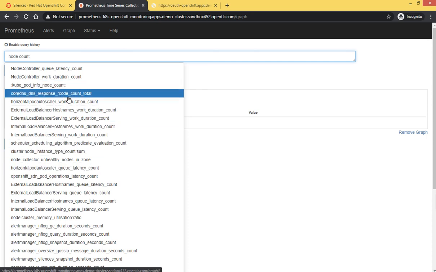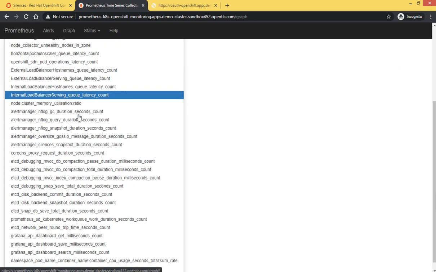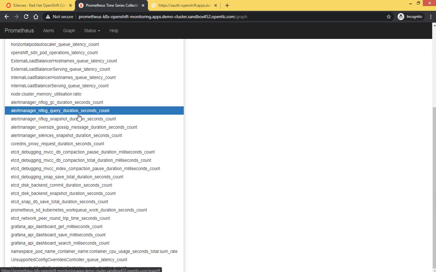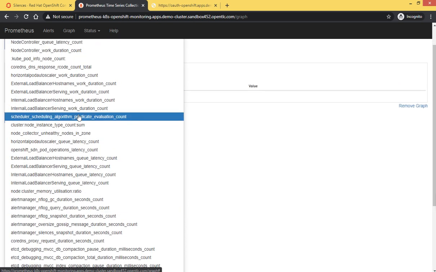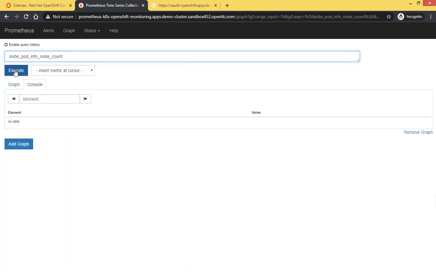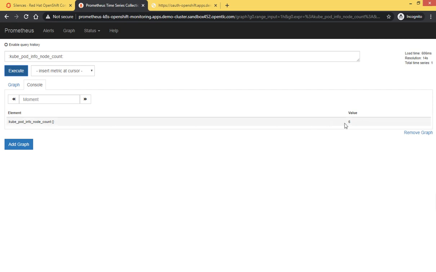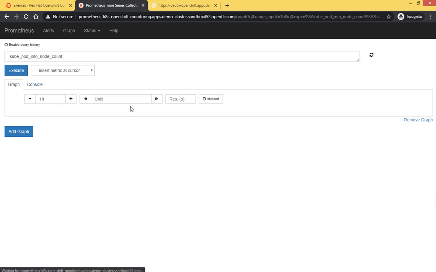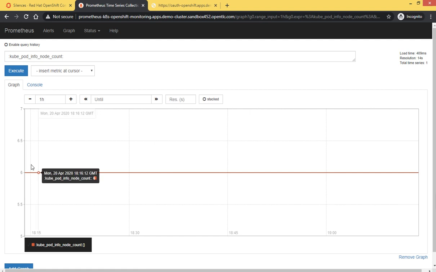Okay, there are different options here. Okay, so if I see kube node info count, we have 6 nodes, right? So it will show 6 nodes. So like this, we can write queries and get results here as well. In the graph, we can see, okay, we have 6 nodes.